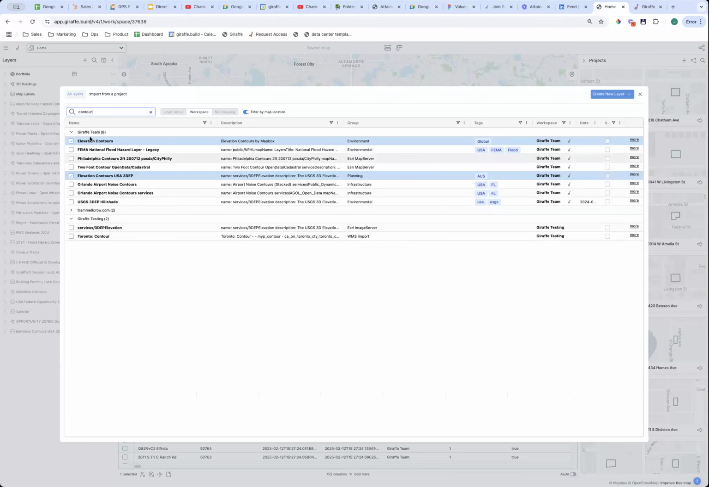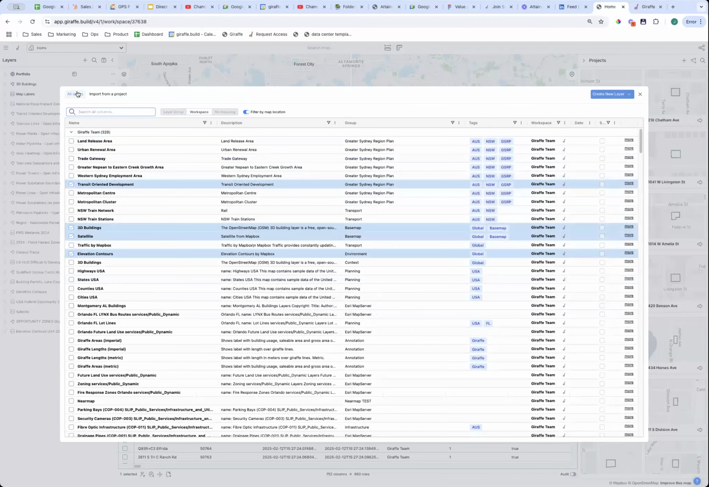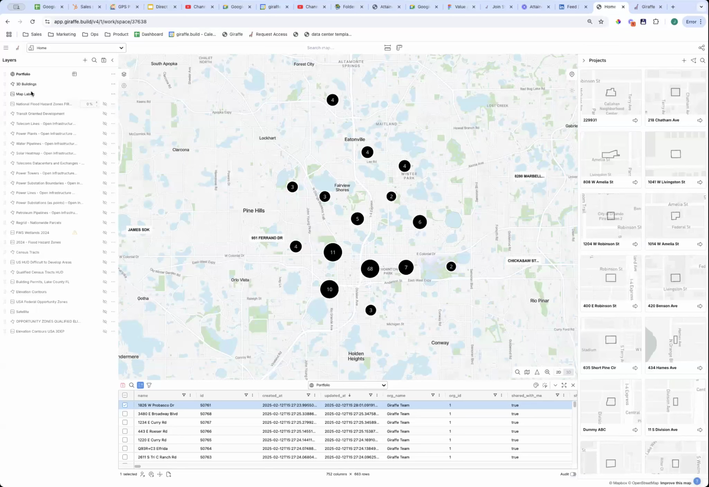Contours, I like this elevation contours layer USA 3D EP. That's coming straight from the US Geological Survey and has 3-foot intervals. And that'll probably do us. So once you've got the data layers you want, close the library down, and those will add to your home